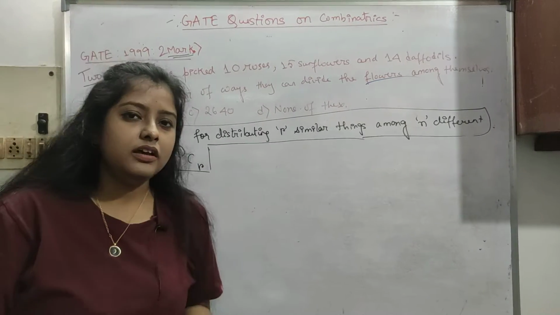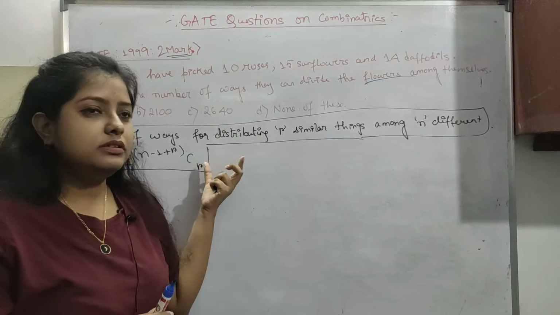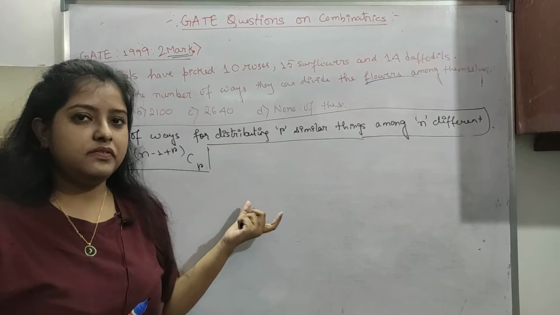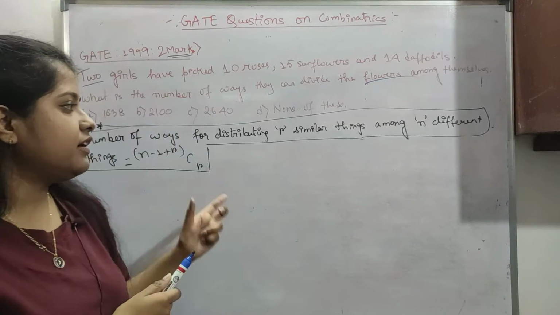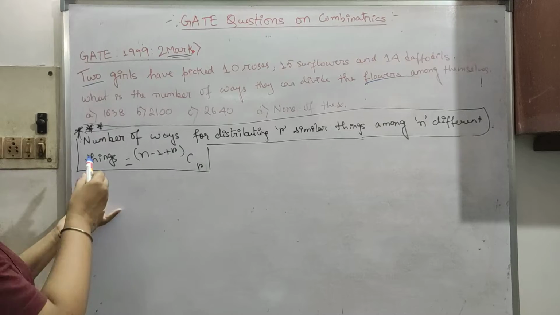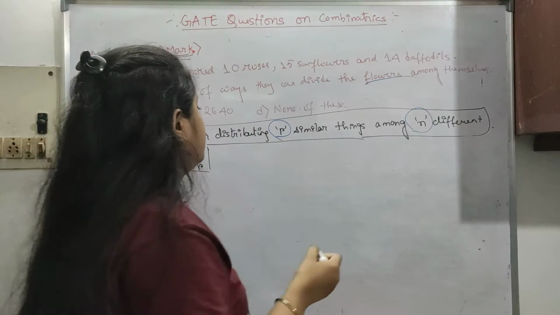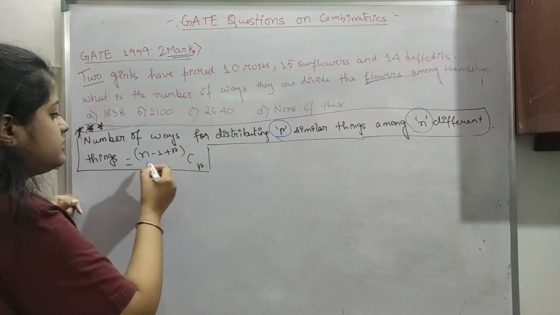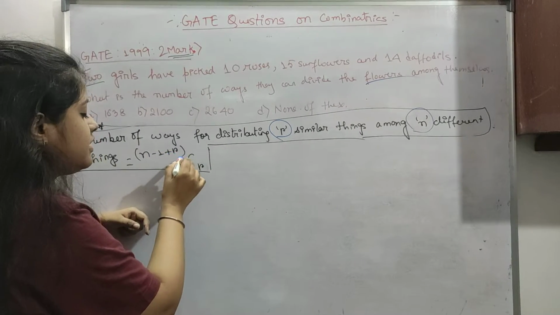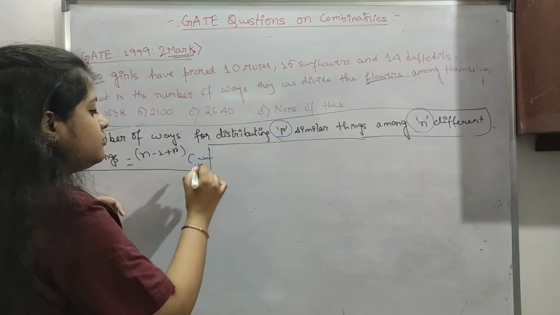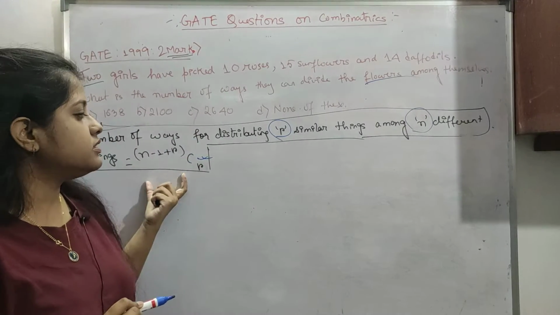There is a formula. I don't tell you to remember certain things, but if you have seen my videos, I don't make short notes, I paste them on my wall, and I have pasted this formula on my wall. Let me read it out. The number of ways of distributing r similar things among n different things is n minus 1 plus r C r. This is our formula. It is important, please write it down somewhere, as we will use it here.